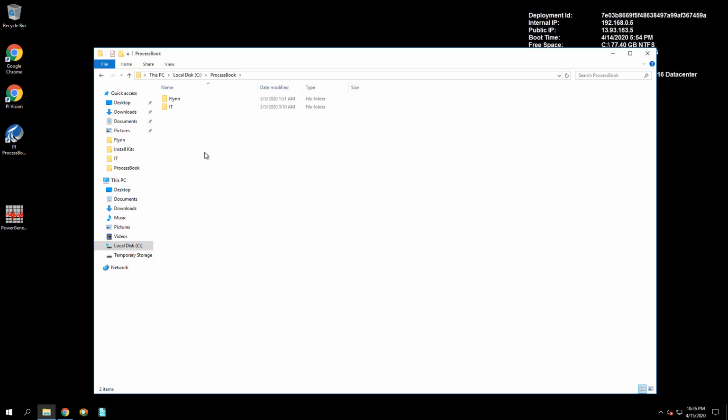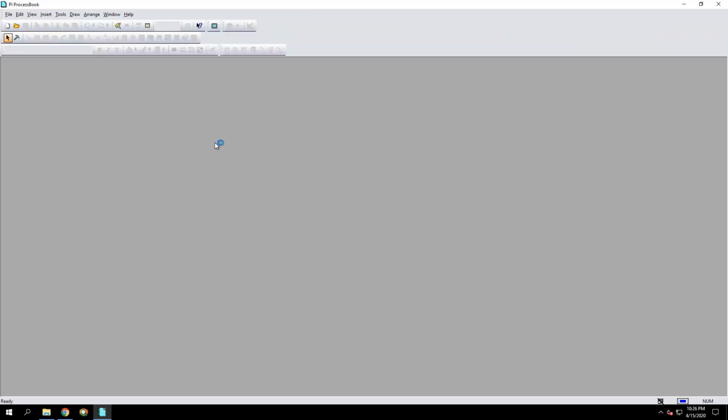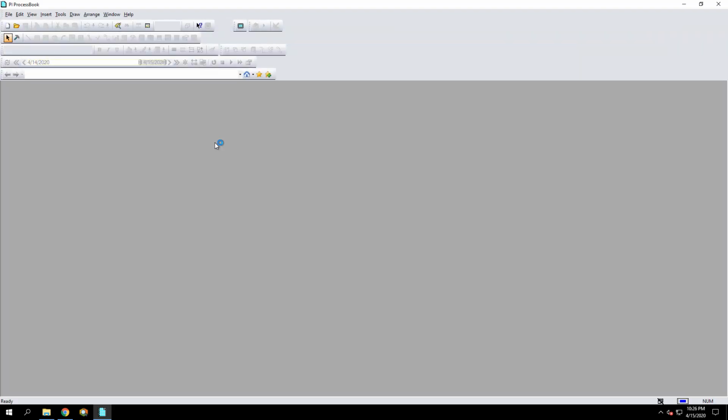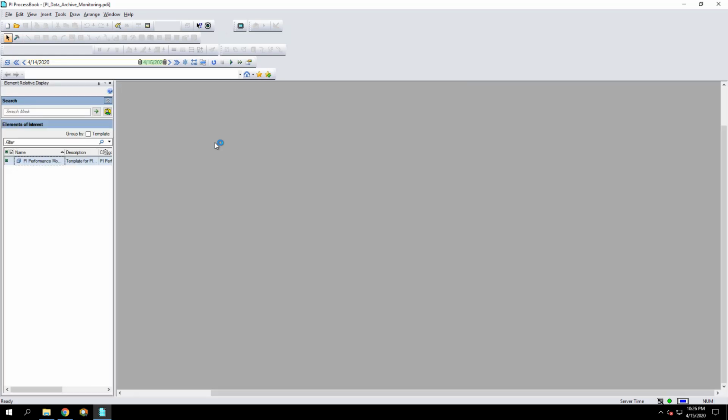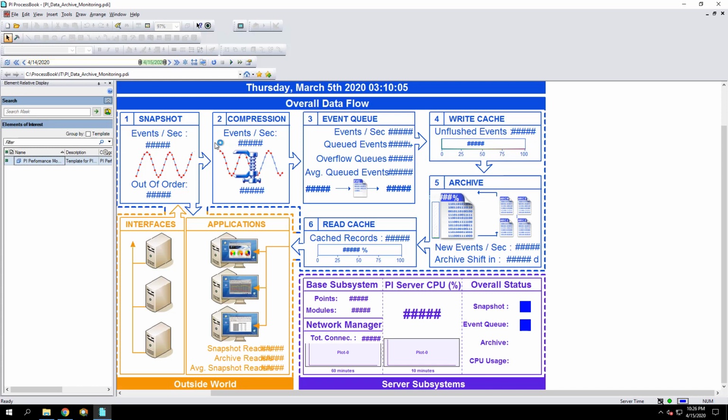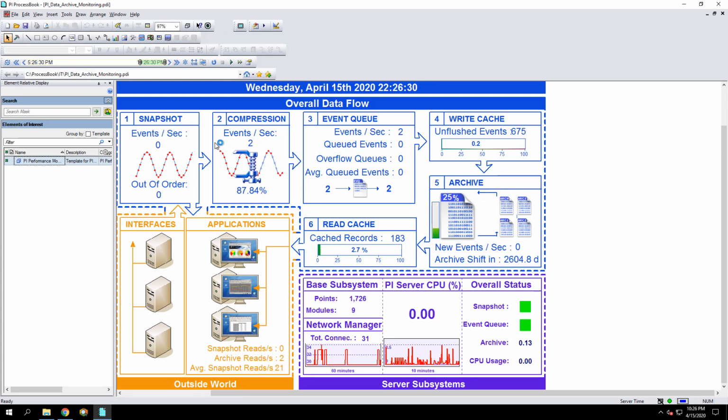I'll start with the IT folder, and then we will open up the .pdi file in this folder. So here in this display, we see the statistical and performance information for our data archive.